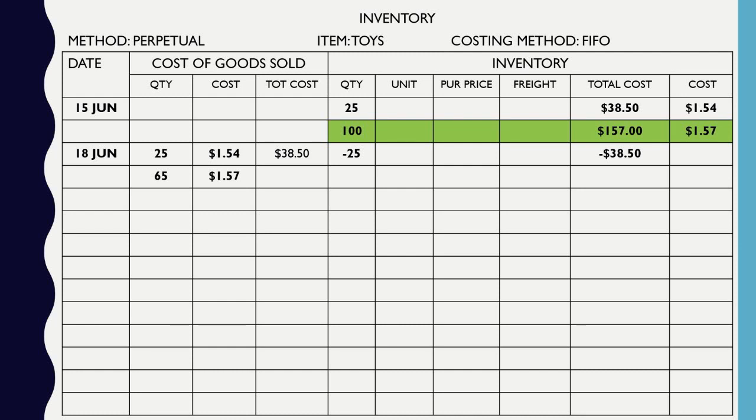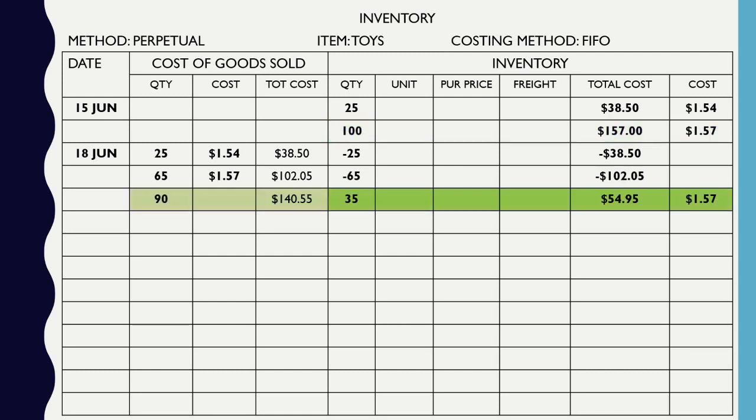For our green batch, we know that it's going to cost us $1.57 to sell. So what's my total I'm going to calculate here? $102.05. Okay. Once we've solved for that, I'm going to eliminate it from this work here, making my new green batch 35 items left, costing me a total of